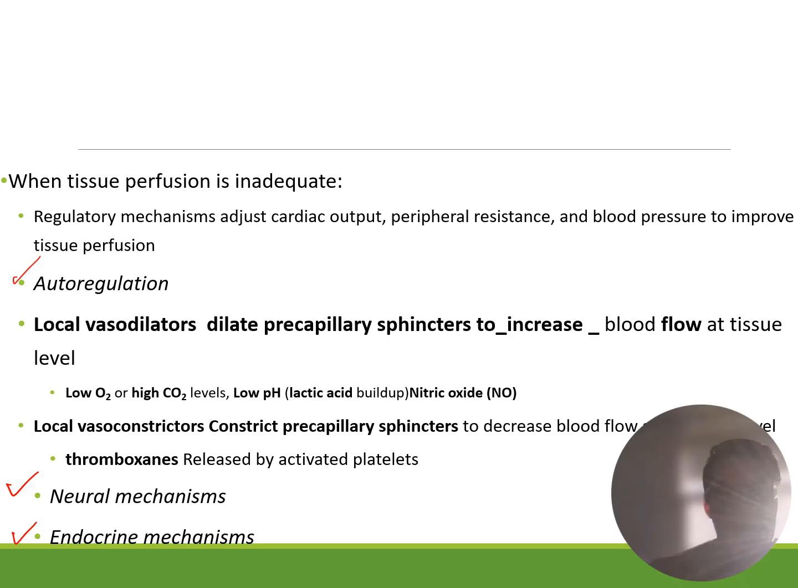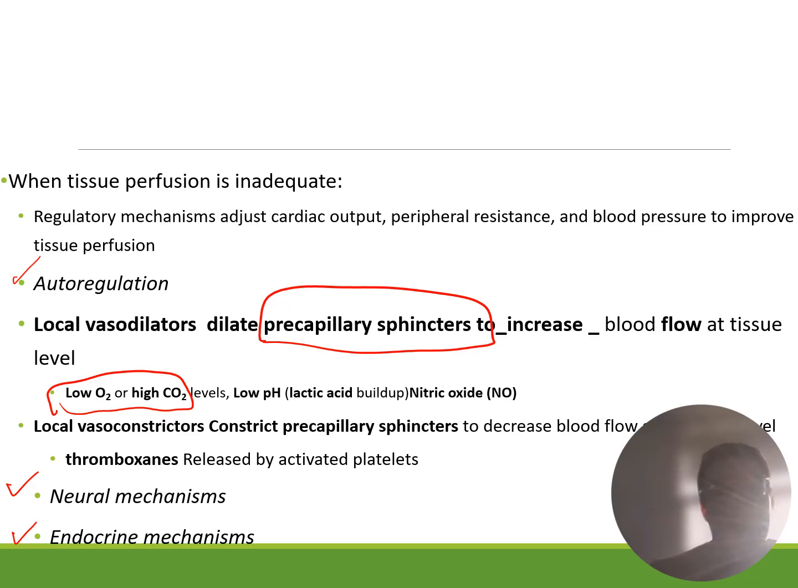local molecules that are released to cause the precapillary sphincters to constrict or relax. If they constrict, they shunt blood away. If they relax, they increase flow. All right. So what are those molecules that affect the constriction and relaxation of those precapillary sphincters? Well, when we have low oxygen and high CO2, that means that the tissue is consuming more oxygen and releasing more CO2. So the precapillary sphincter is going to relax,